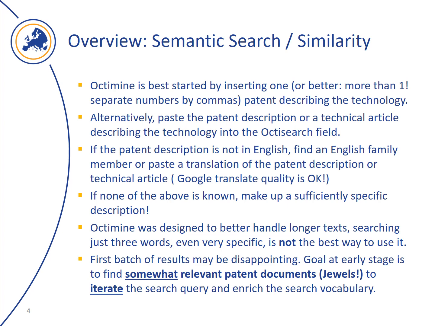But this is the one example of a very successful young German SME who has brought this to a very good level already, Optimine. So Optimine is best started by inserting one or better more than one patent numbers,